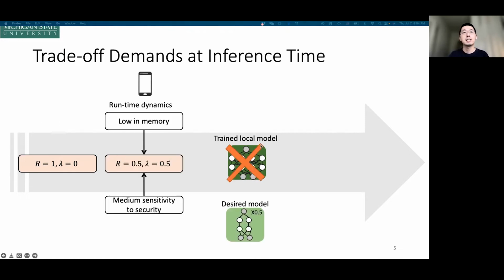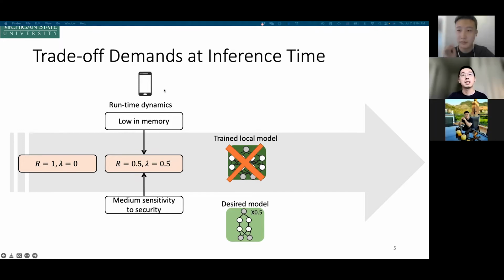However, in practice, at runtime, the requirement of this client may not be constant. That means the mobile phone may sometimes be quite low in memory, like when you run multiple applications simultaneously. At this time, this device may require this model to be a smaller one, such that it can run inference efficiently.